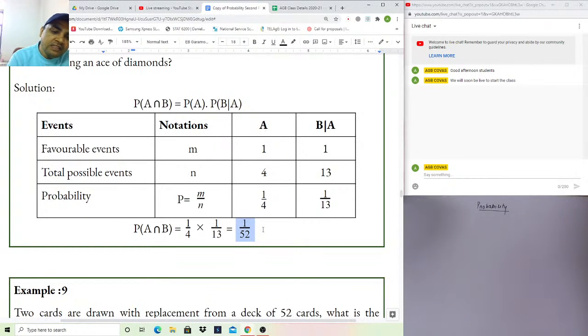From here you can have a generalized statement. If you take out an ace of diamonds, it can only be one card out of the total. You cannot have two aces of diamonds. So the total possible will only be one, and from how many cards will you be drawing? 52. So this answer is correct. This is an example where B given A is actually equal to B. These are independent.